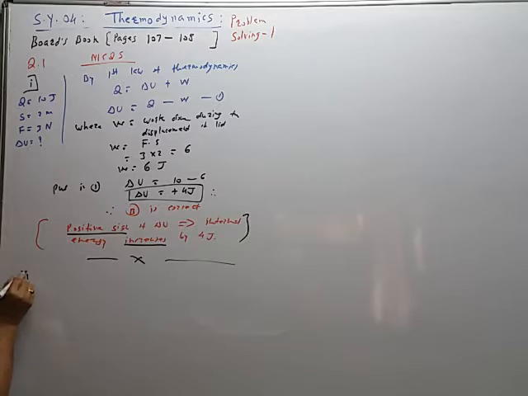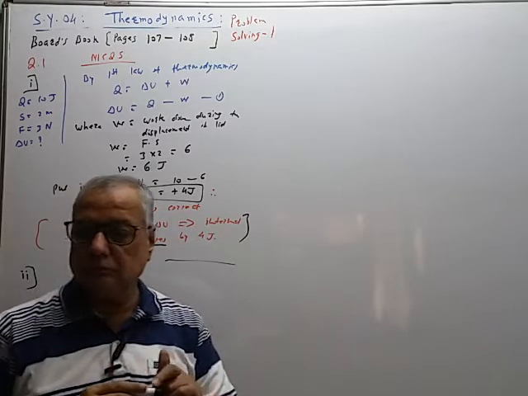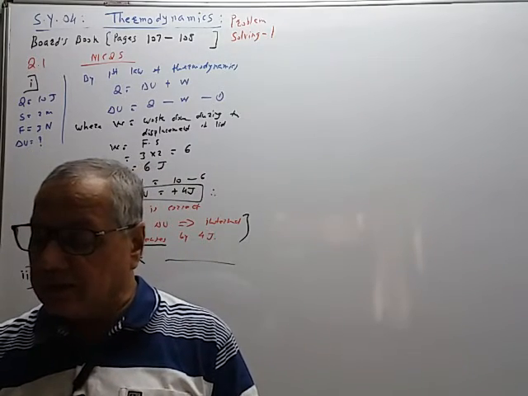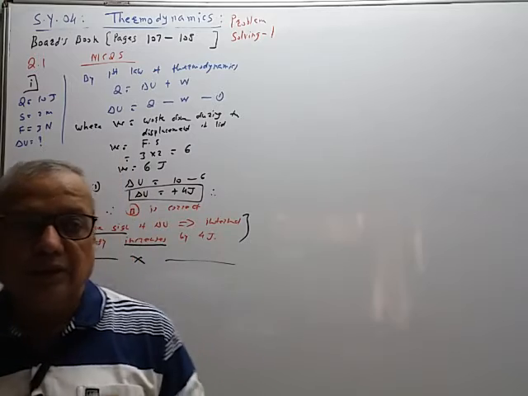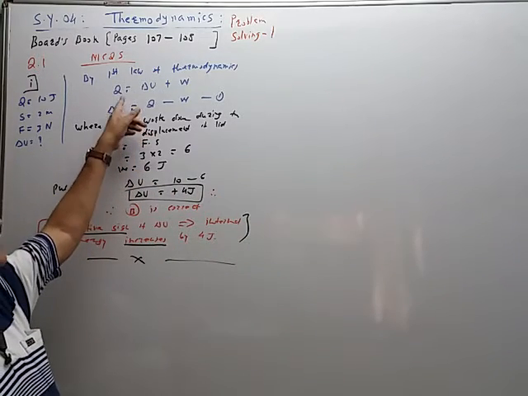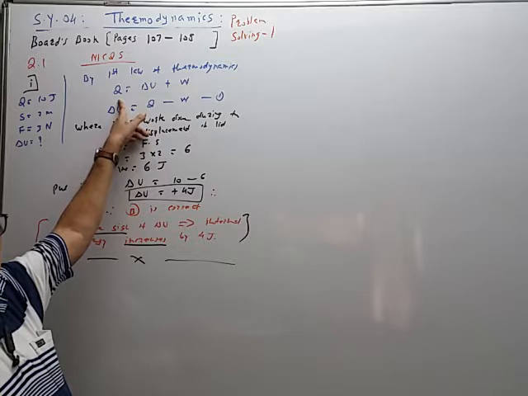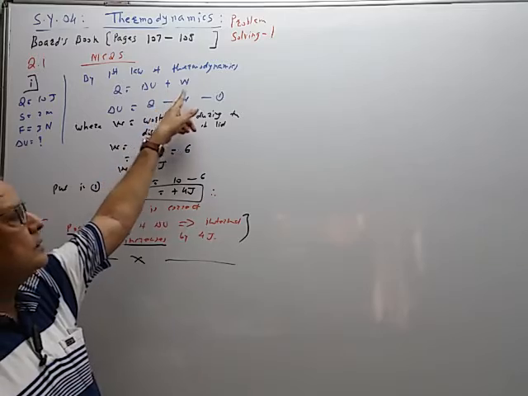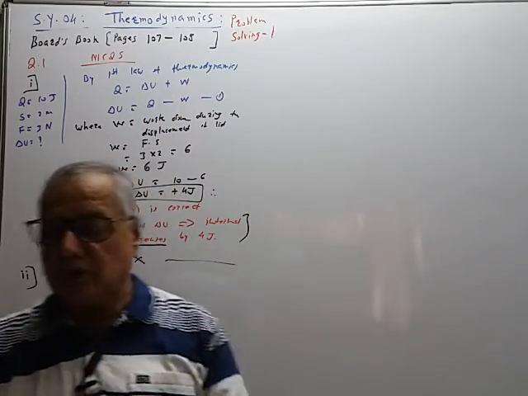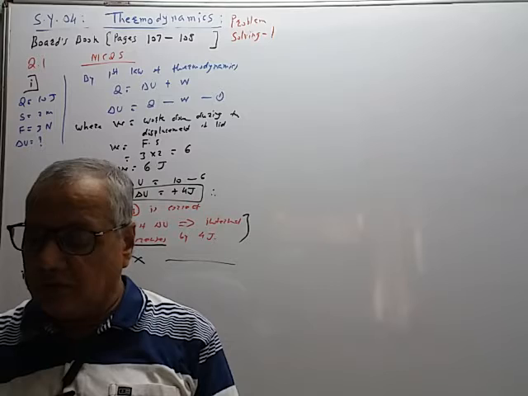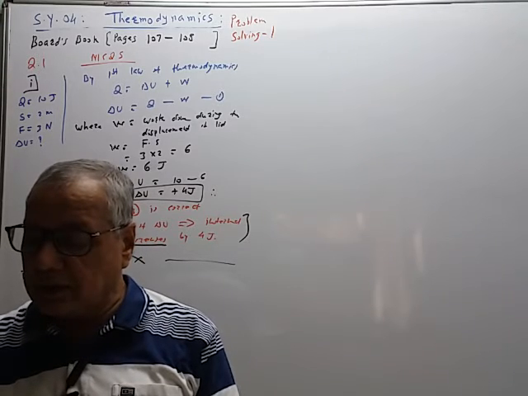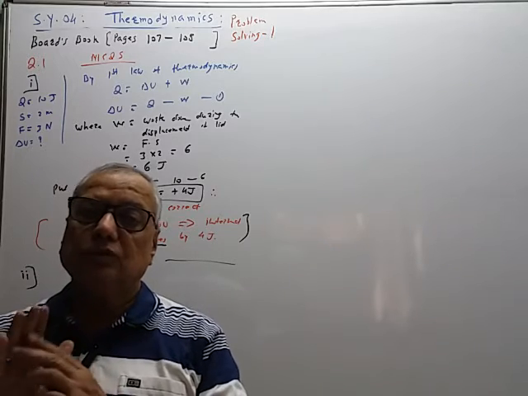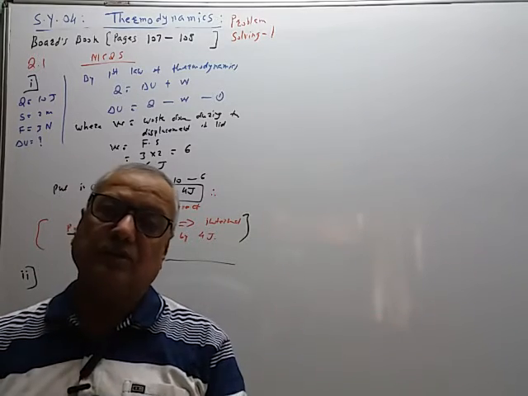Second, theory question though. Which of the following is an example of first law of thermodynamics? So this is the statement of the first law of thermodynamics. Q is the amount of heat energy supplied, heat exchange between the system and surrounding, change in internal energy, and work done by the system may be positive or negative. So A, the specific heat of an object explains how easily it changes the temperature. So the statement is correct, but it is not the first law.